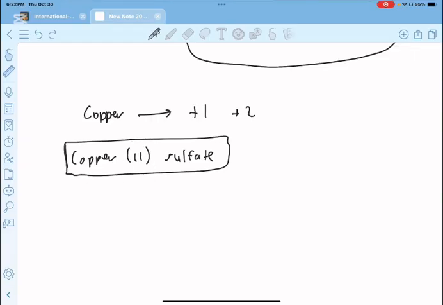What is the value that this adds? This is essentially going to be the charge of copper, okay? Charge or the oxidation number of copper. So it suggests that copper has an oxidation number of +2, okay? Sulfate, again,